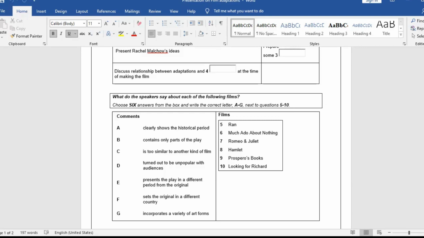I haven't seen it. It was based on Shakespeare's King Lear, wasn't it? That's right. It was a very loose adaptation, using the same situation and story, but moving it to 16th century Japan instead of 16th century Britain. So, for example, the king's daughters become sons, because in Japanese culture at that time, women couldn't succeed to the throne. OK. I hope you're going to talk about the 1993 film of Much Ado About Nothing.